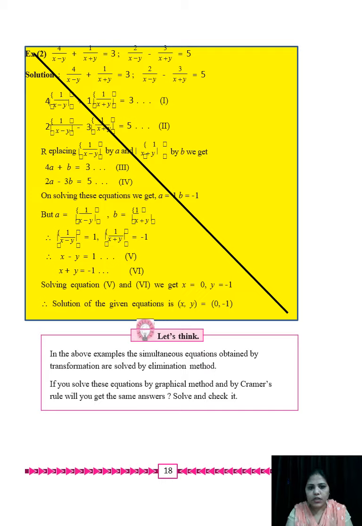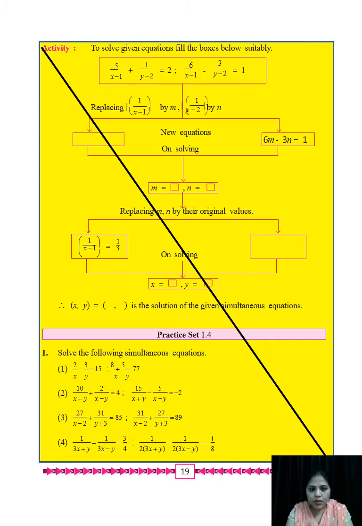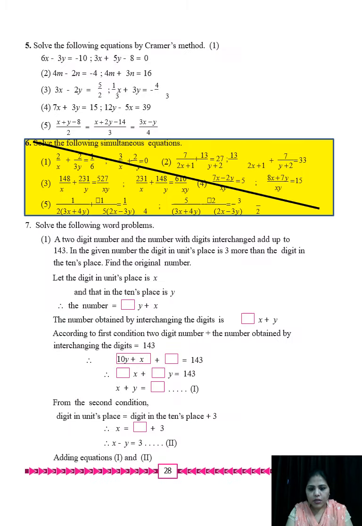On page number 18, you have the second example, which has been cancelled. Then page number 19, practice set 1.4 and the whole activity part. The whole page has been cancelled. Page 19 is also cancelled. Then we are moving directly to problem set 1. In that, question number 6 was based on 1.4. As 1.4 is reduced, this particular question is also reduced from the syllabus. It has been omitted, so mark it cancel. Page number 28, sixth question.